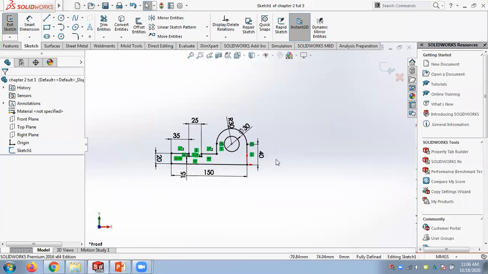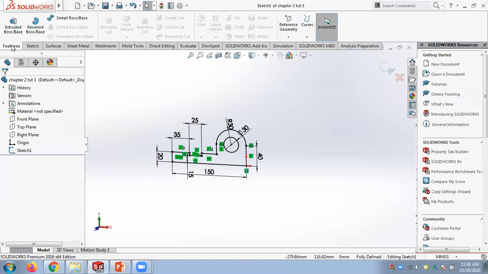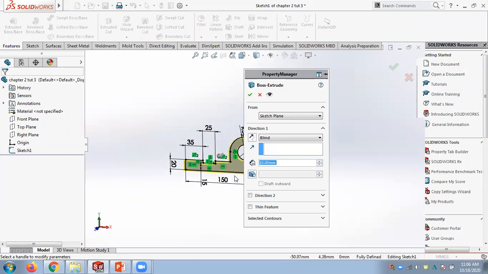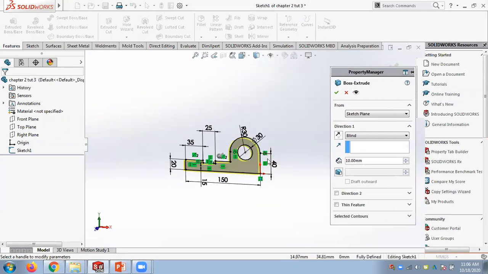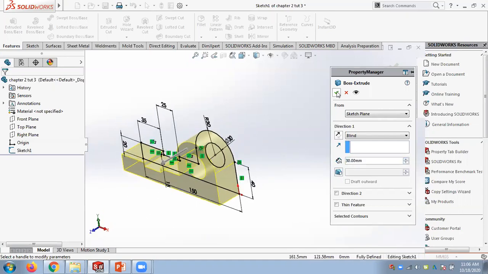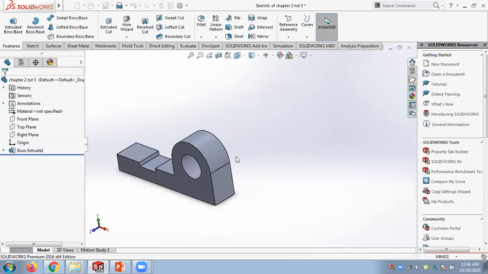Now, if you want to make it 3D, you can directly go to extrude modes and make it 3D. Now, automatically the inner loop will be a hollow model. It won't be extruded. I will give some thickness this way, and you can make it a 3D model.